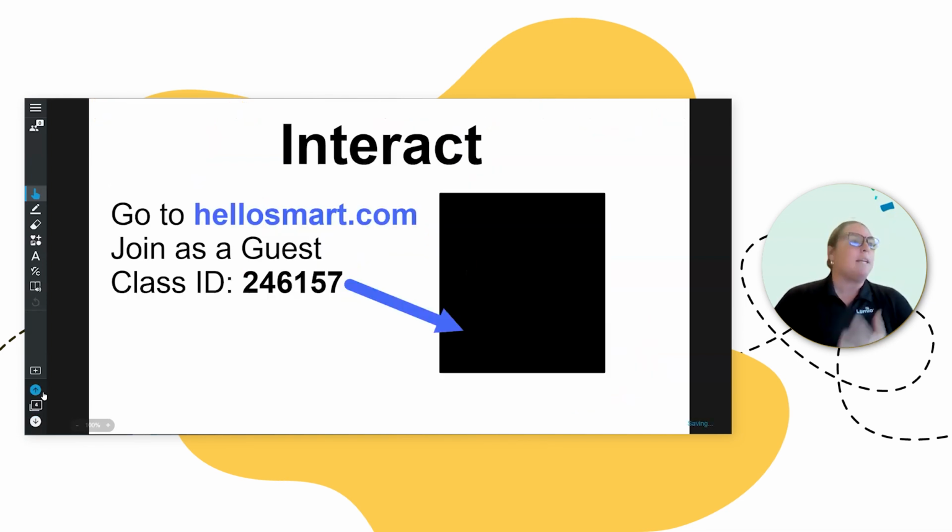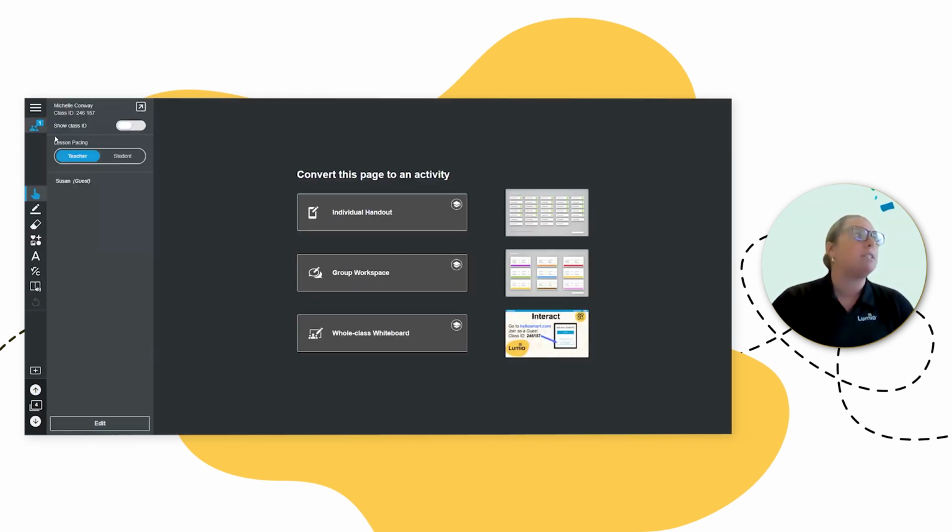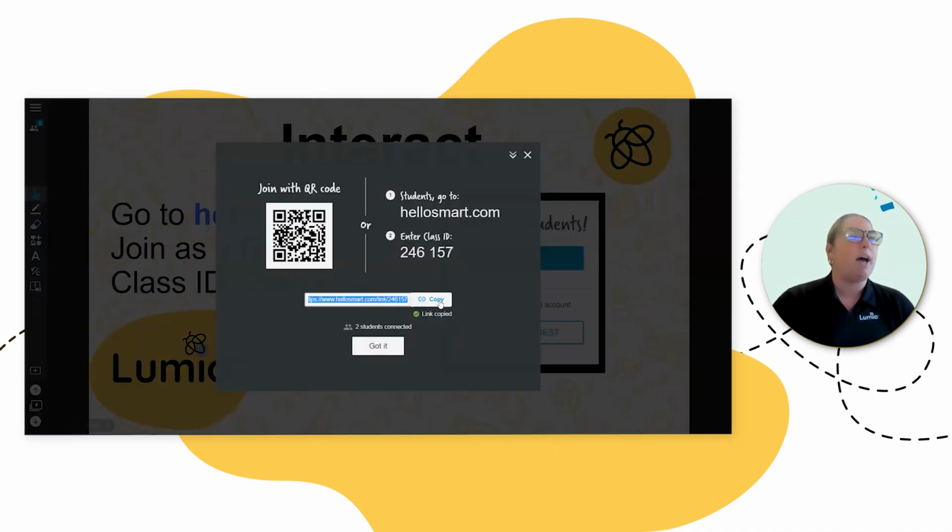So as usual, my sessions are always pretty interactive. I like when teachers see it from the student side. So I'm going to have you join my session today so you can get hands-on with some of the student activities that I've built here today. So I'm going to pop in the chat my join link. I know some of you might have been in my previous session, so you might be able to just click my name when you go to hellosmart.com. I'm going to pop this link in the chat.